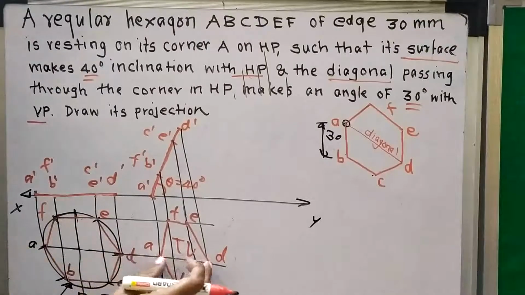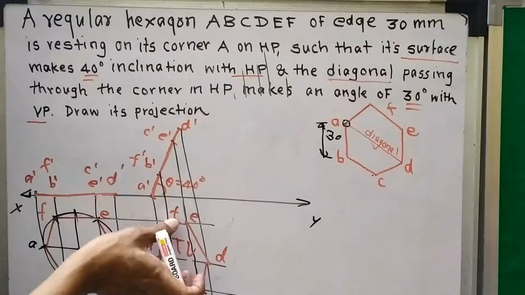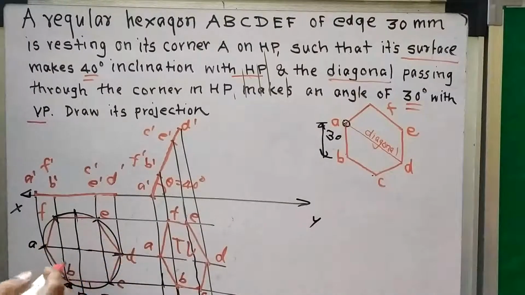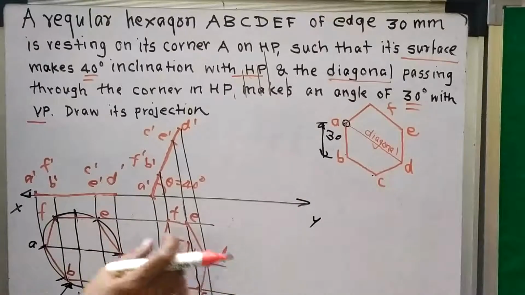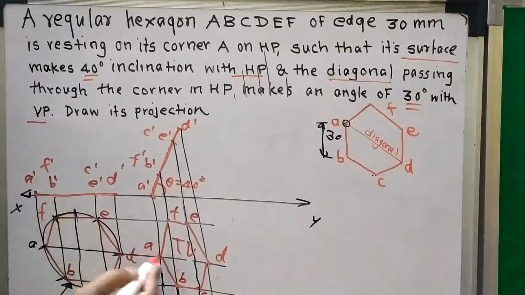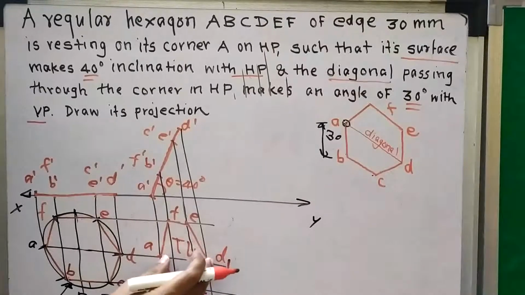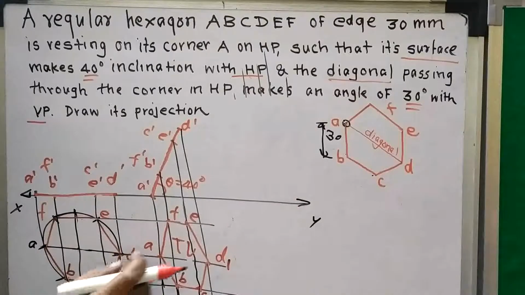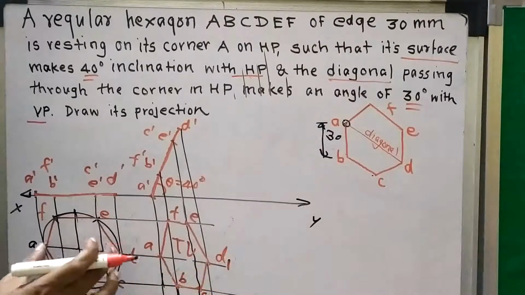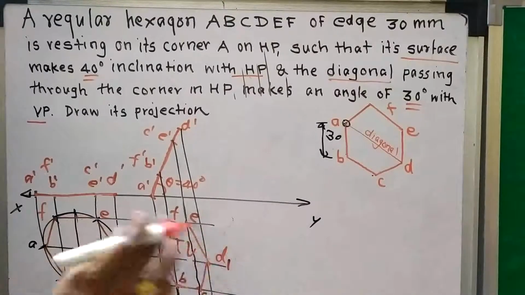But I have to turn this AD here because I turned this figure. So I cannot use the inclination of this original AD with this apparent AD, because this is the apparent diagonal and this is the original diagonal. For your convenience, I will mention this as AD1. Okay, so this AD1 diagonal and this AD are different. We have to turn this AD1. So the inclination of this original AD can't be used for this AD1.